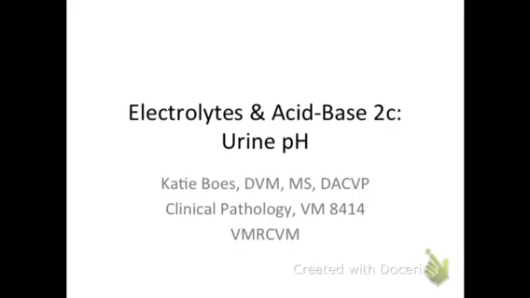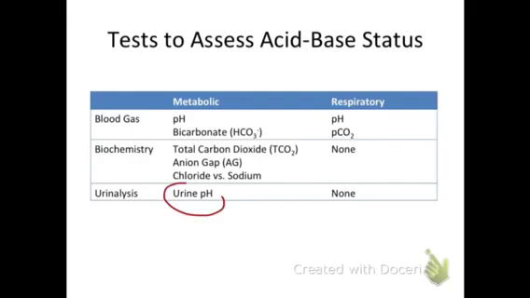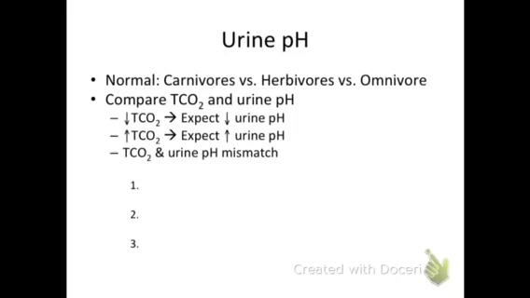This lecture is going to be on urine pH. Urine pH is an assessment of a metabolic acid-base status. Normal urine pH is dependent upon the species. Carnivores have an acidic urine pH, herbivores have an alkaline urine pH, and the urine pH of omnivores varies with